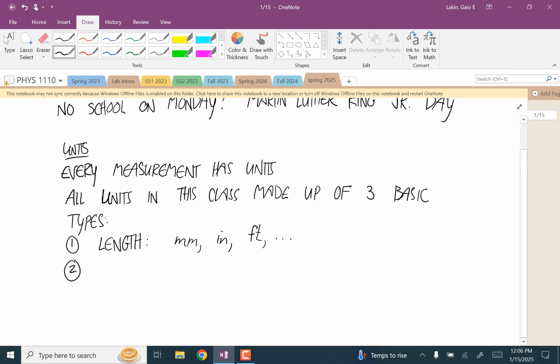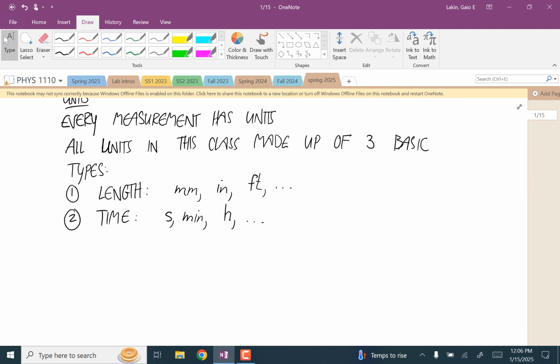So the first type is length. The second basic type is time. Units of time are seconds, minutes, hours, days, years, so on. And then third is units of mass. And units of mass, I really can only come up with sort of two systems of measuring mass. There's grams, kilograms, milligrams, that stuff. And then in imperial units,